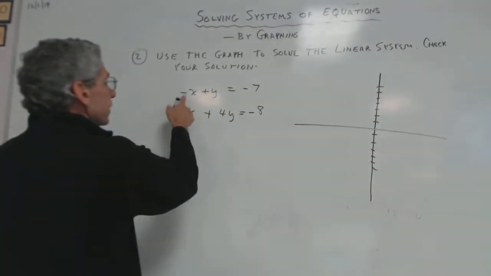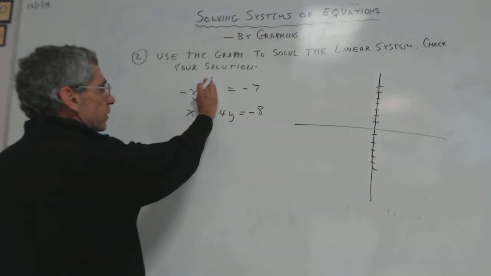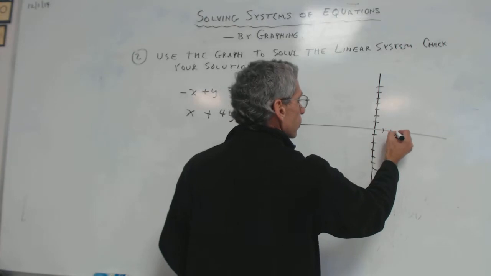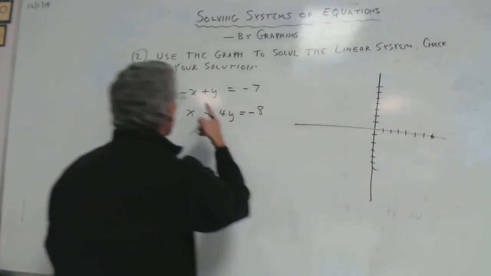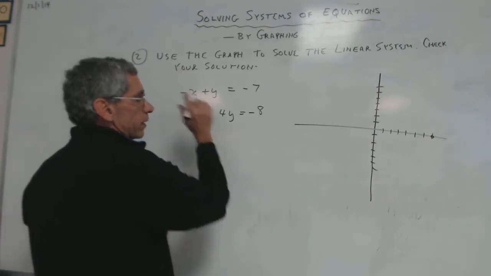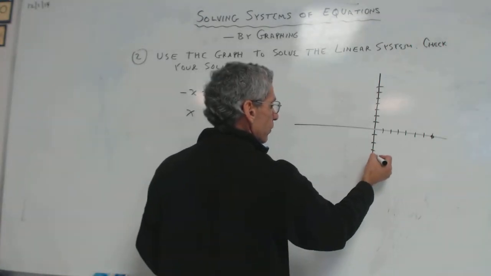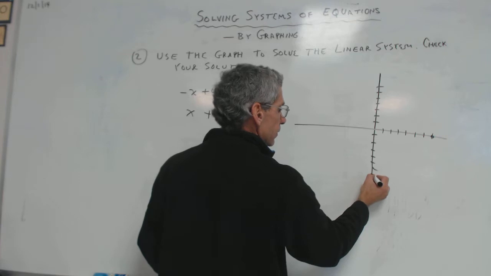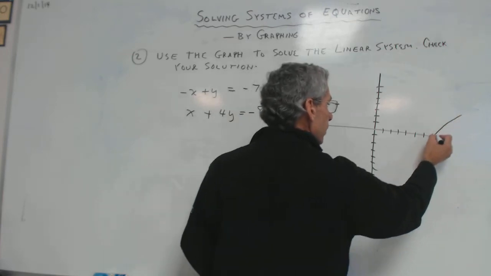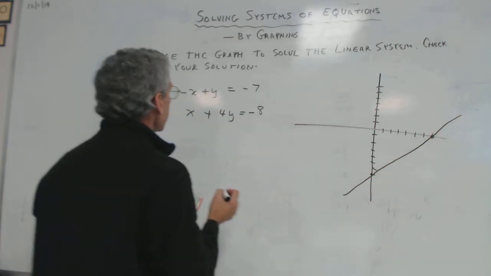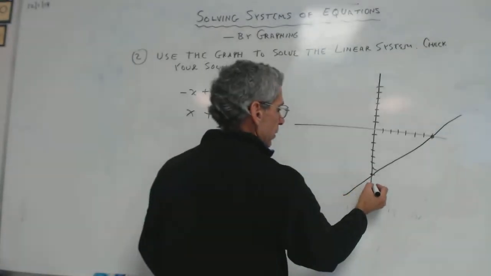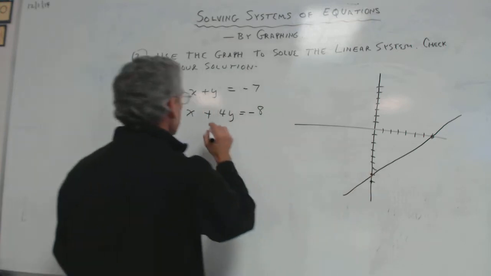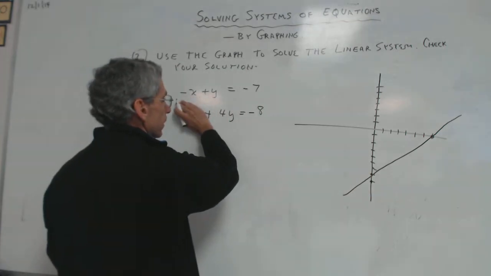So, okay, negative x is negative 7, x is 7. So 1, 2, 3, 4, 5, 6, 7, dot, right? Y is negative 7, so 1, 2, 3, 4, 5, 6, negative 7, dot. So there's my first one, right? And then my second one, x is negative 8,